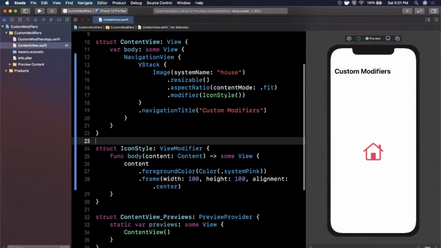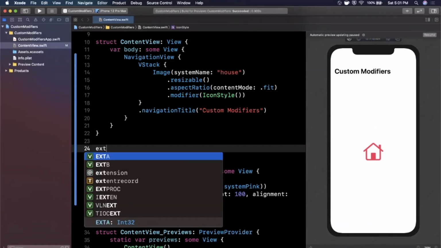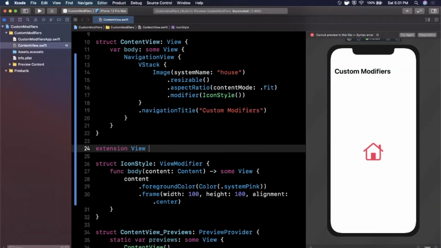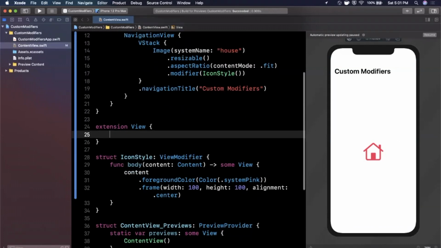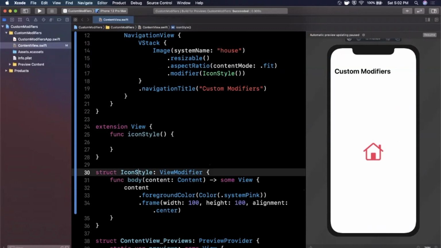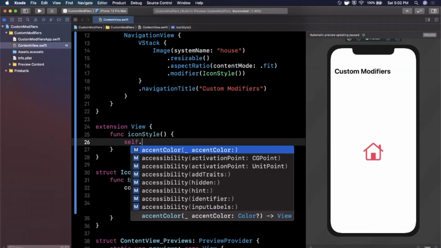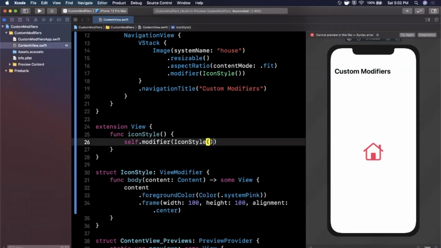So using this modifier might be a little redundant because it's called modifier. Something that's also pretty easy to do is create an extension on the base view struct, and you can say this is perhaps icon style. What you could do is create a modifier here that returns icon style down below. You could say self, and on self you can say modifier and just pass in the icon